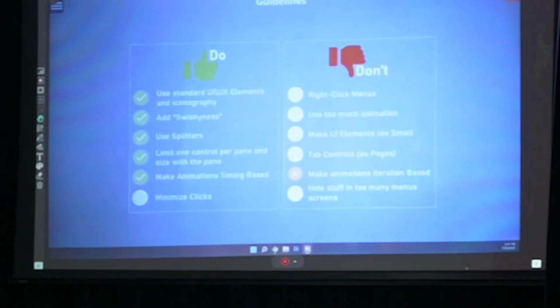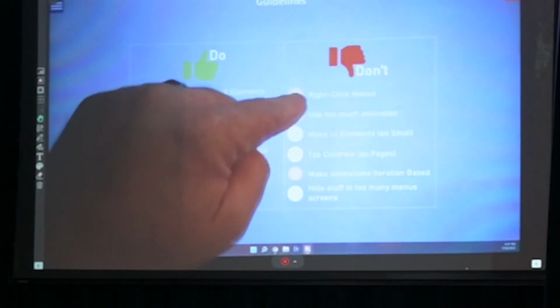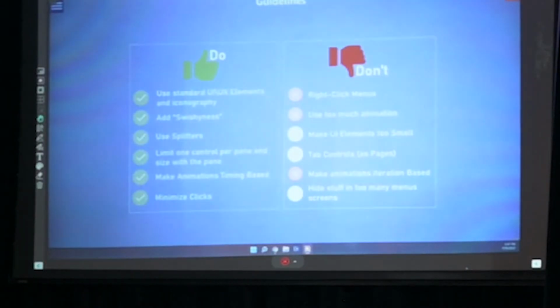Try to minimize clicks, so you don't want to use right-click menus or anything like that. You want to try to make things intuitive to find. You don't want to hide things too deep. You might not want to use too much animation because animation kind of slows things down. And in fact, some advice: if someone says my computer's running slow, go into their Windows system and turn off animations, and they'll all of a sudden think their computer's running faster. But this presentation is about using animations. So